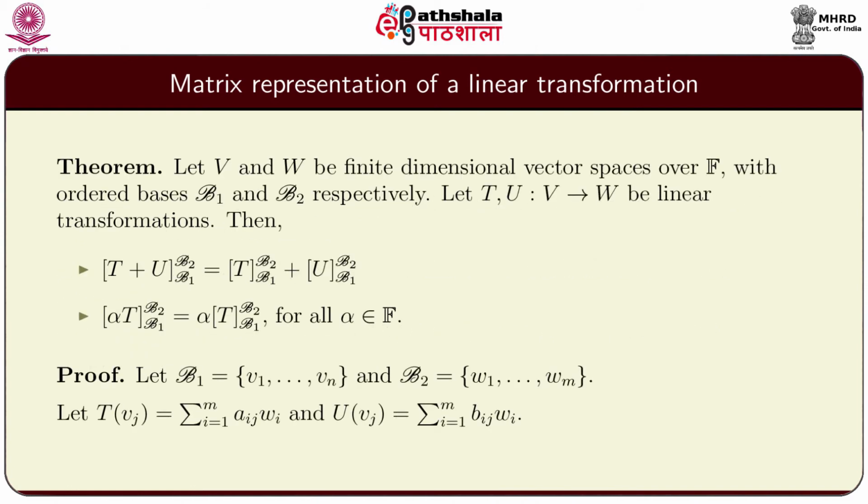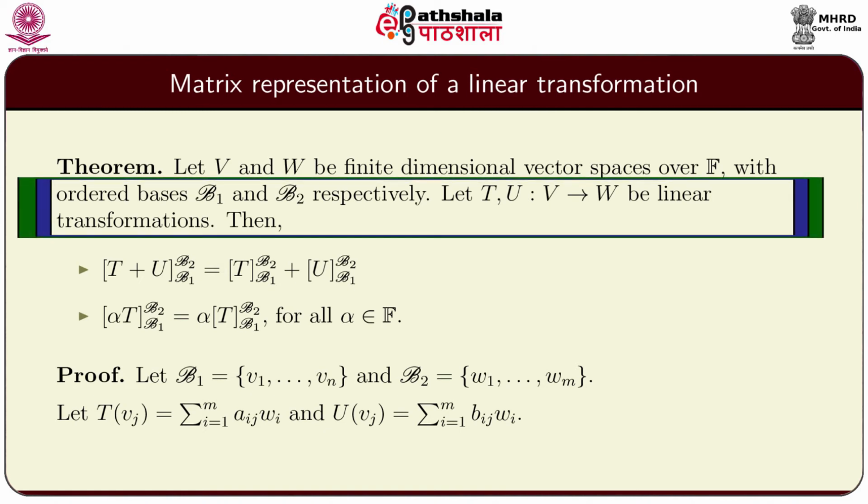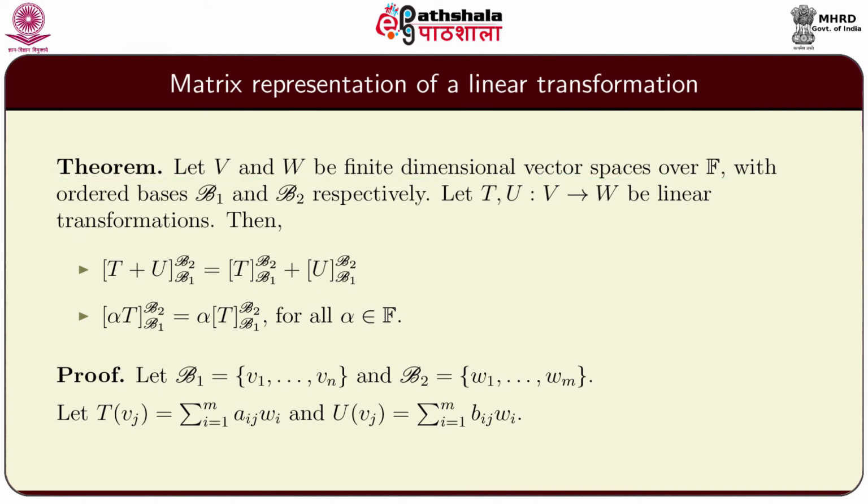Now, this theorem says that if V and W are finite dimensional vector spaces over the field F with ordered bases B1 and B2 respectively, and if T and U are linear transformations from V to W, then